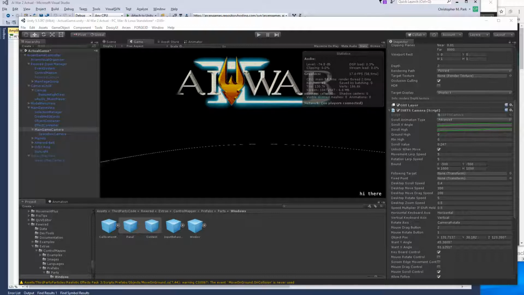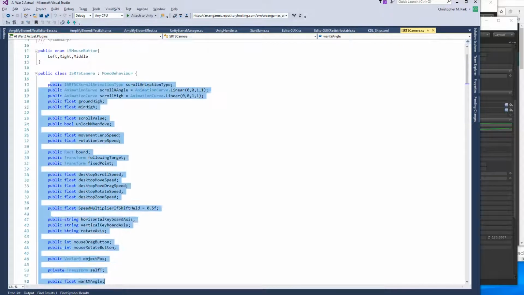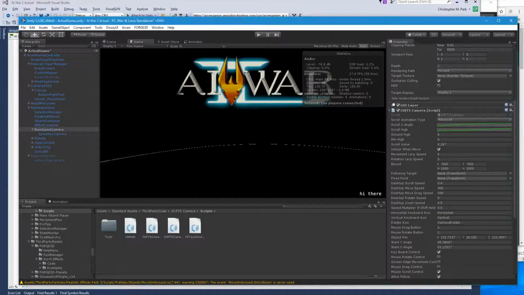But still, in the IRTS camera, however, this is just the raw. What you see is what you get. I do kind of a mixture. Generally speaking, I try and avoid making editor classes unless I have a good reason to do so. If I am wanting those extra pieces of functionality that make an editor class, I make custom editor classes for various things like